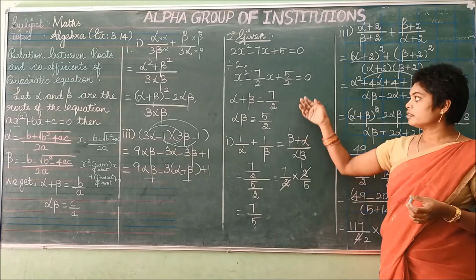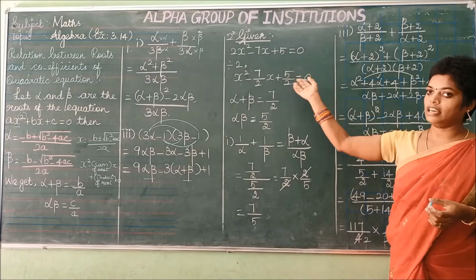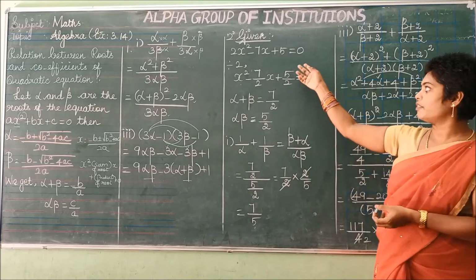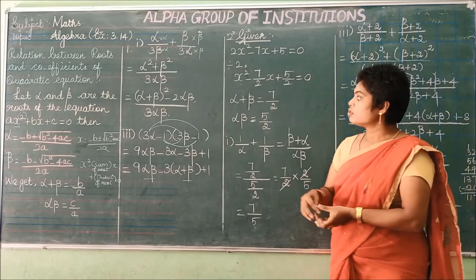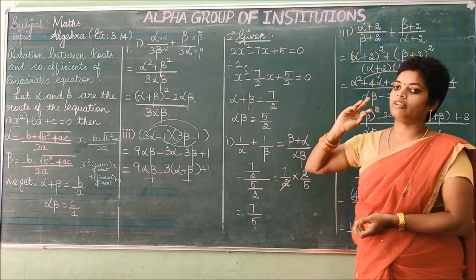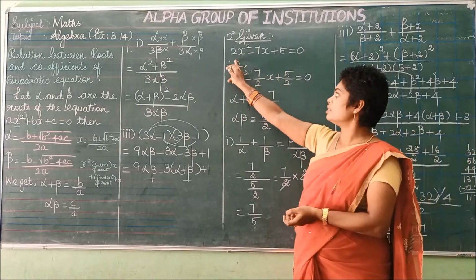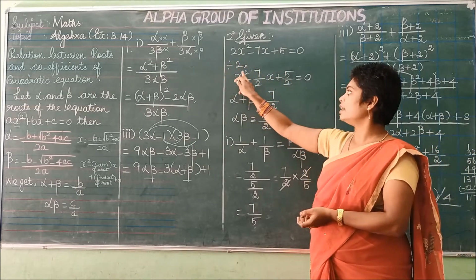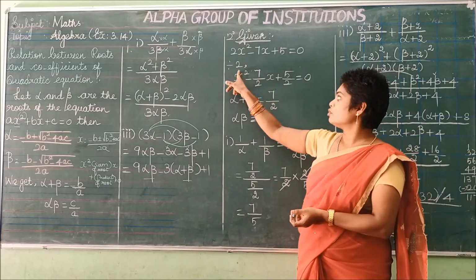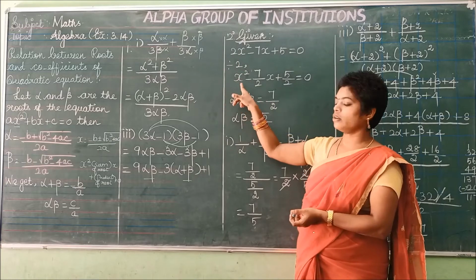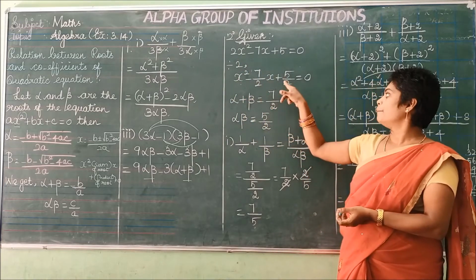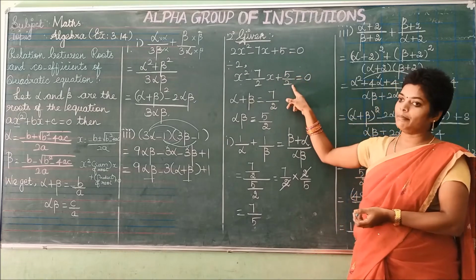So what is the given equation? Write the equation first as it is: 2x squared minus 7x plus 5 equal to 0. The x squared coefficient should be 1. So here in the question it contains 2, so you can divide throughout the equation by 2. If you divide it by 2, 2 by 2 is 1. So x squared minus 7 by 2 into x plus 5 by 2